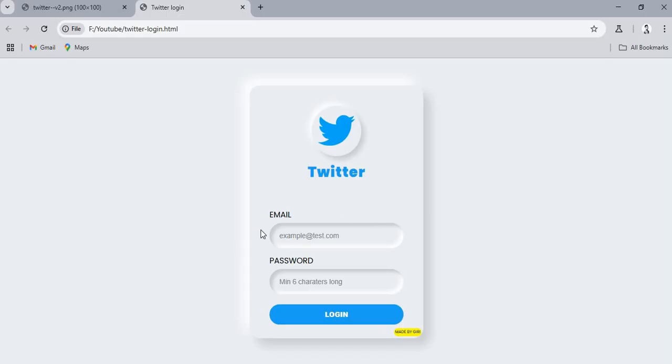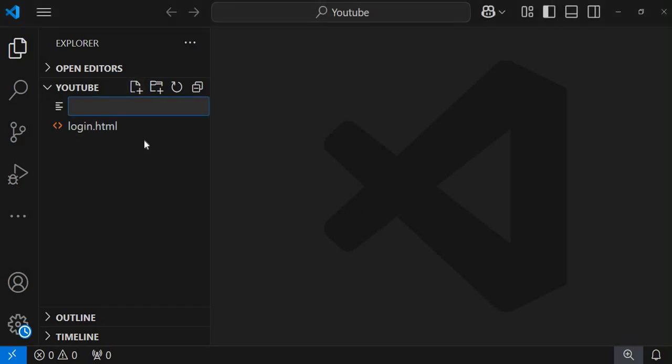Hi all, I want to design this login page. Here we used one login and email and password inputs. Let's jump into coding. I'm creating one page for login,